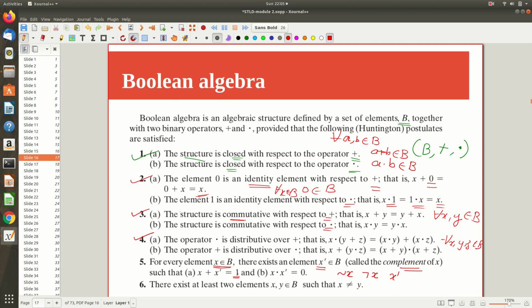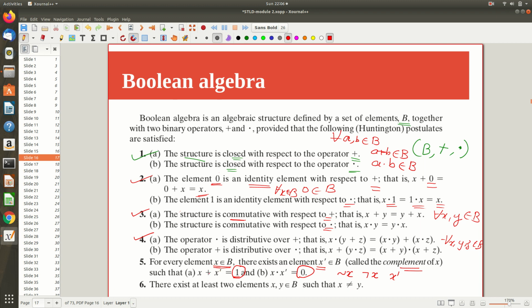Now see, is it the identity element of plus? So that is a difference. It is not the identity element of plus, but this one is actually the identity element of dot. So complement is defined in this way: any element plus, our operator, its complement should give you the identity element of the dot operator, right? Similarly, any element dot its complement should give you the identity element of plus. The operator plus has an identity 0, like we defined, right? Similarly, for dot the identity is 1. So we need it in this way.